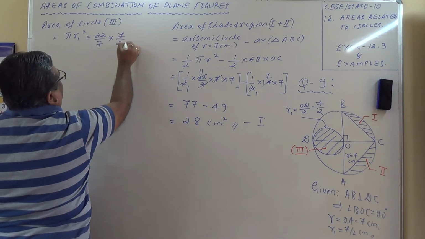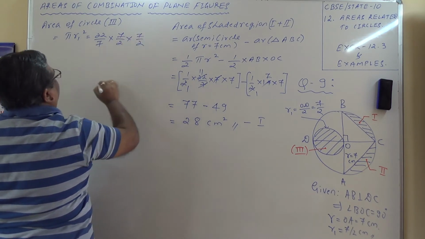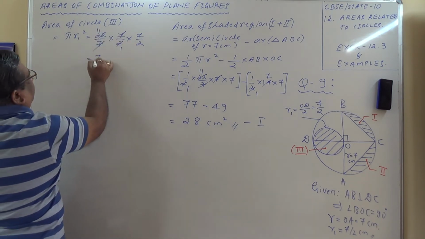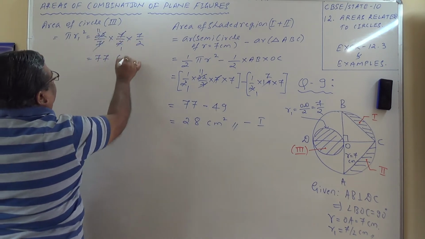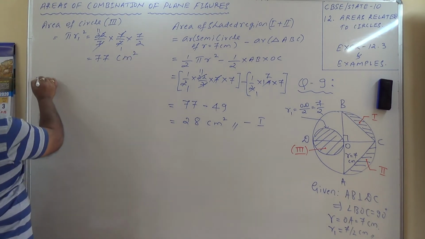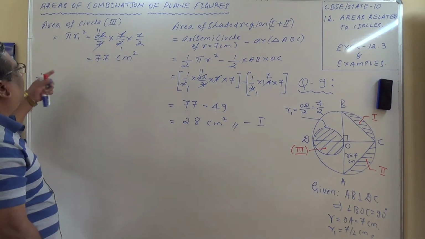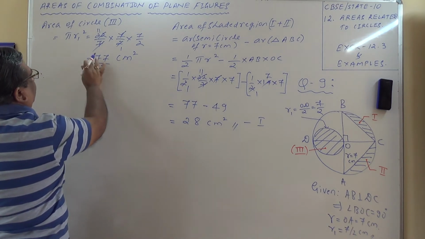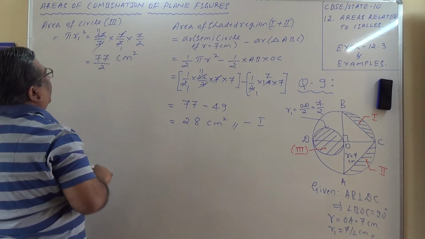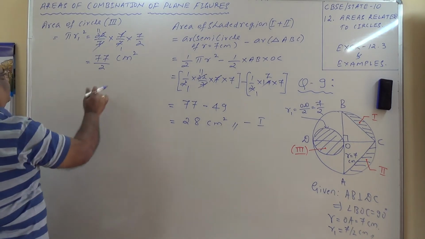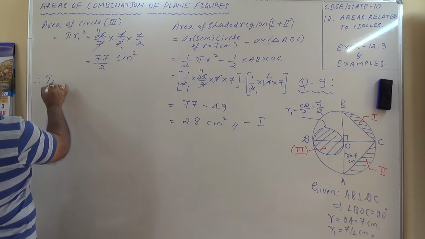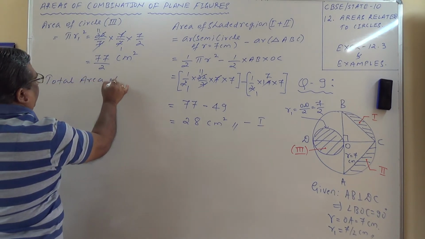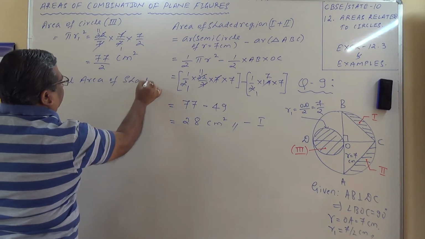7 by 2 into 7 by 2. 7, 7, 2 ones are 2, 11s are 77 square centimeter. Therefore, total area of the... 77 divided by 2, correct, square centimeter. So therefore total area of shaded region